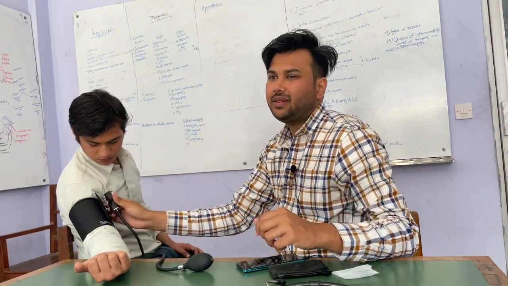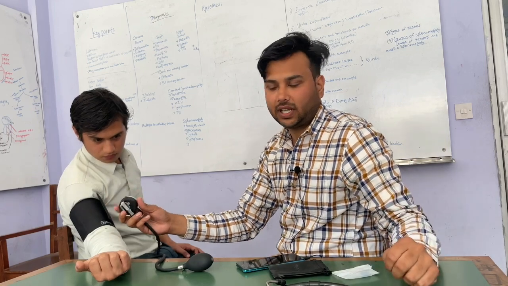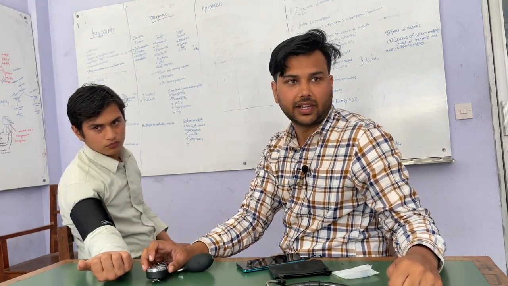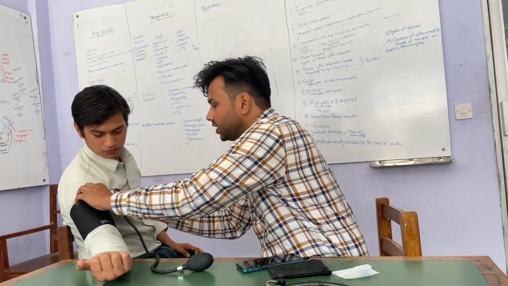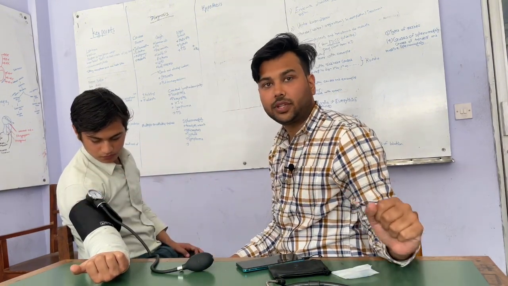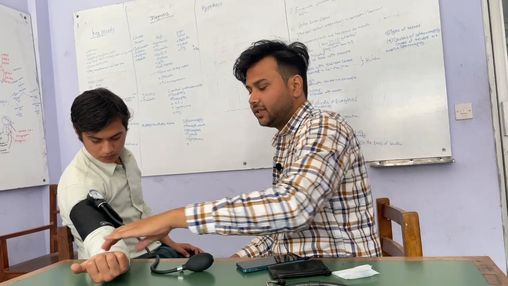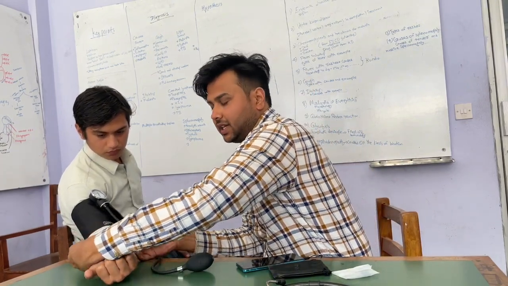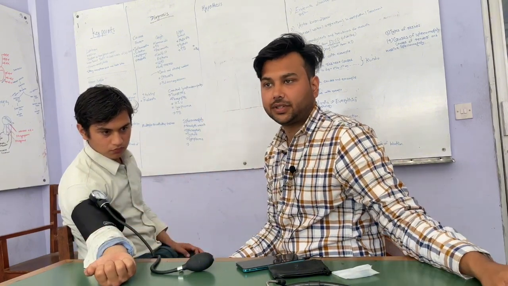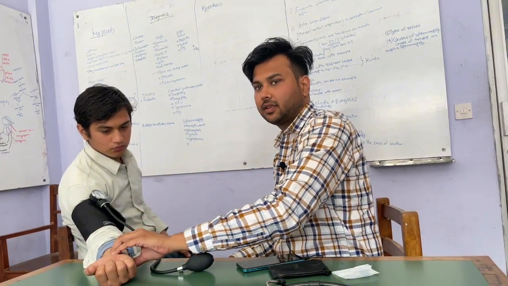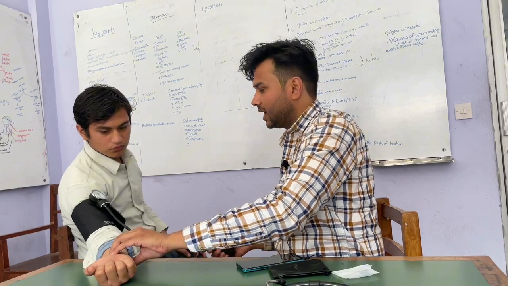Okay? Sometimes in a dire situation, if you don't have one, you can also keep it on the table, but there will be some abnormality to the reading. So it's best to hook it around here, something like this. Okay? And now there are two methods of checking blood pressure. There is the palpatory method and the auscultatory method. For the palpatory method, I will palpate his pulse. Okay? And then I will gradually